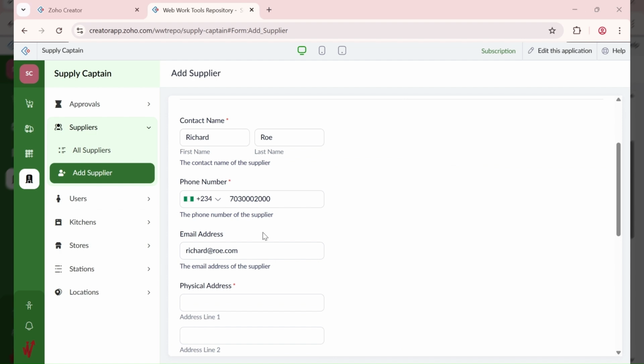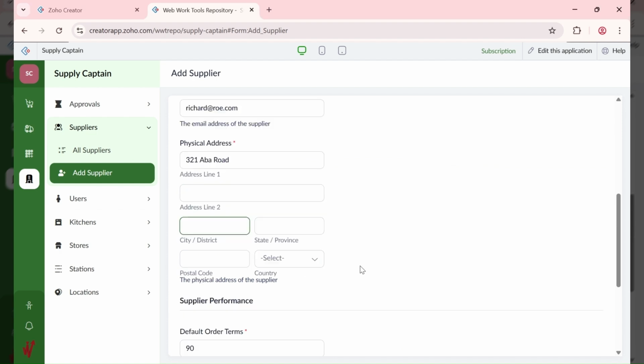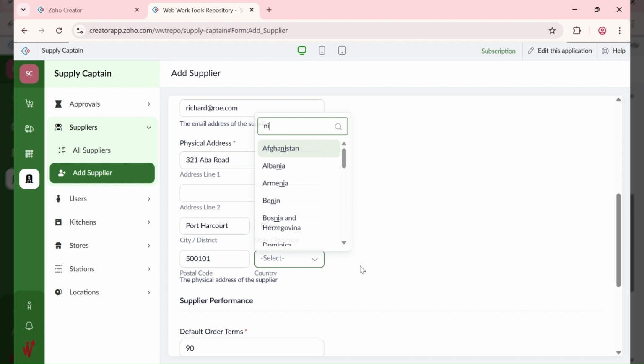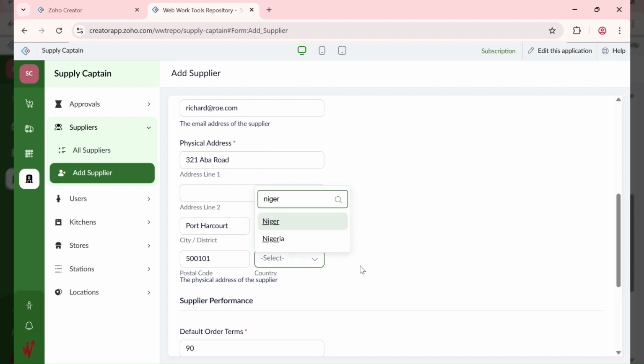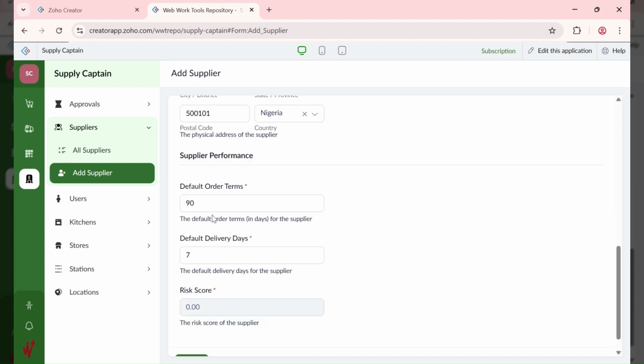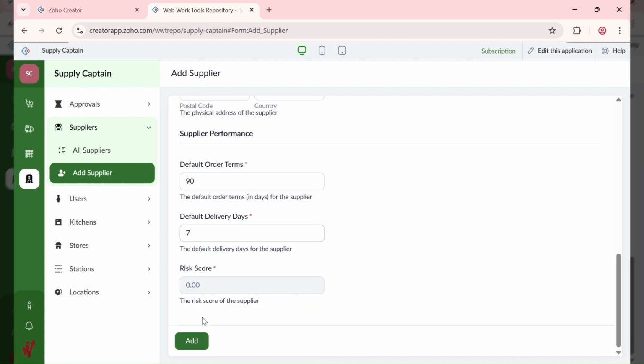Okay, so we have 321 Abba Road, we have Port Harcourt, River State, and then his postal code is 500101. So he's in Nigeria. Now his order terms 90 days, default delivery days is 7, and then we have the